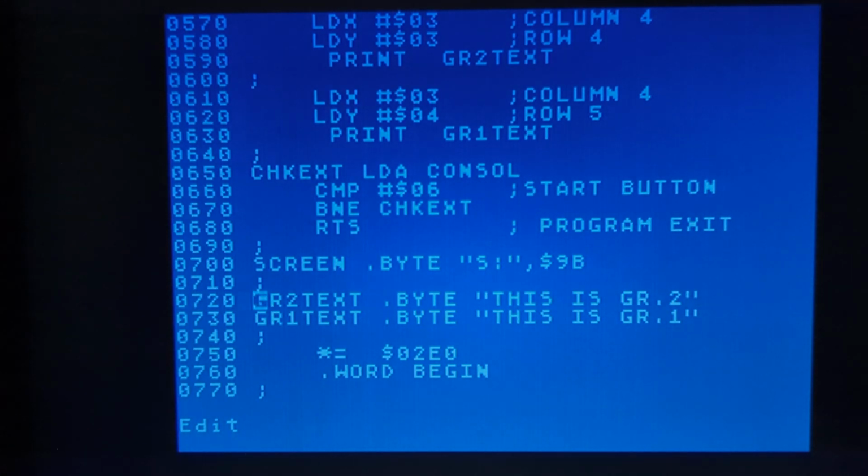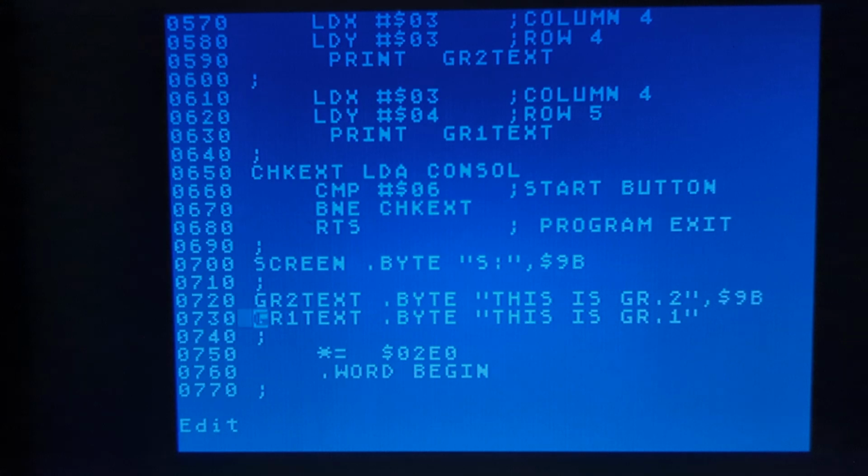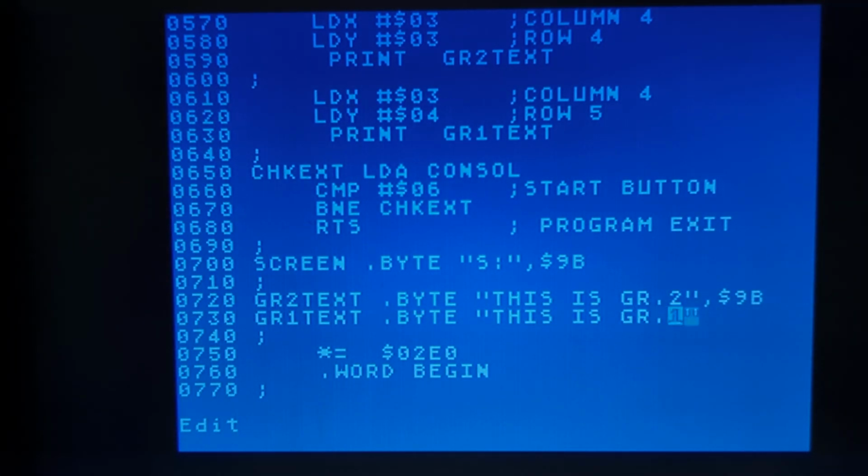And here's the trick that we can use that makes this work. This is the Atari end-of-line character, 9B. You see it up above for the screen device. And what that says is when it runs into this 9B, that's like a stop to the put record command. That's an end of line. So I'm putting a record, and if I run into a 9B, it will stop. So even though I'm saying the buffer length is 39,